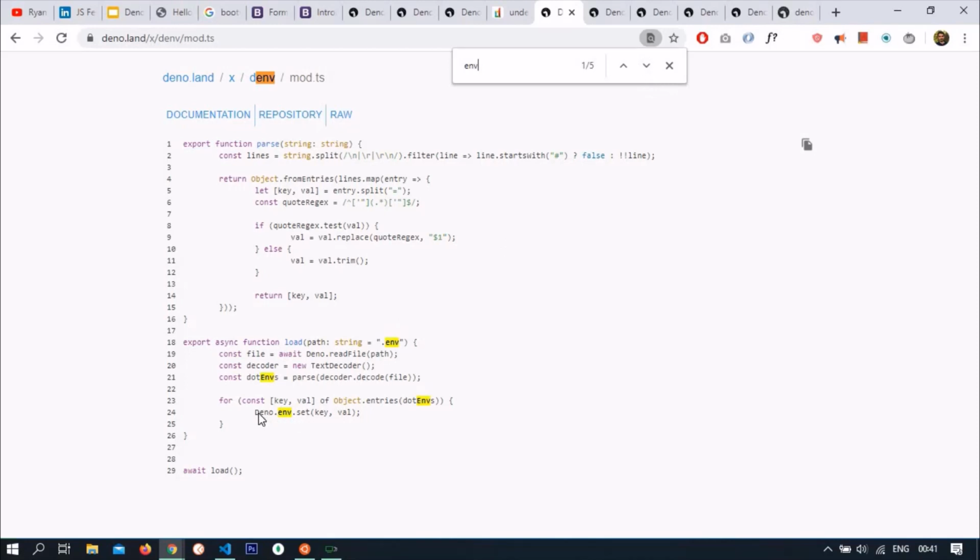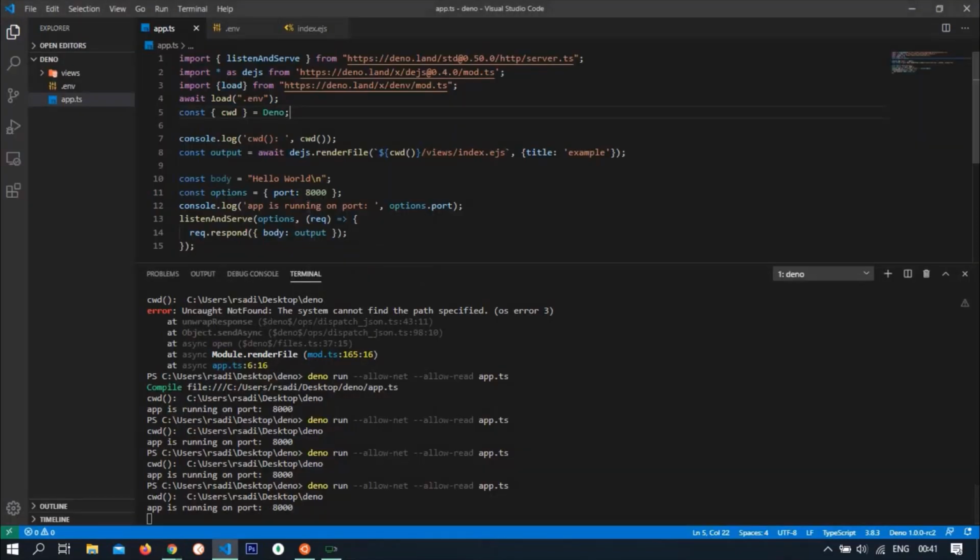As you can see, this one is basically getting the environment from this file, parsing it, and then setting it with deno.env.set. So they're basically setting the key to the value. So I think since there is set, there has to be a get function. So we can take this object,